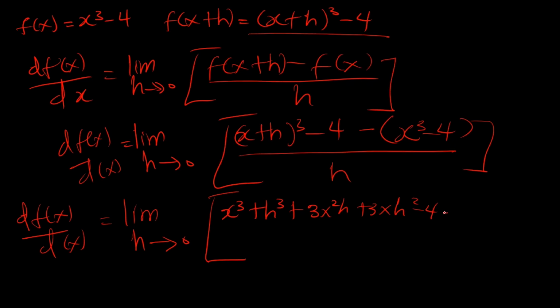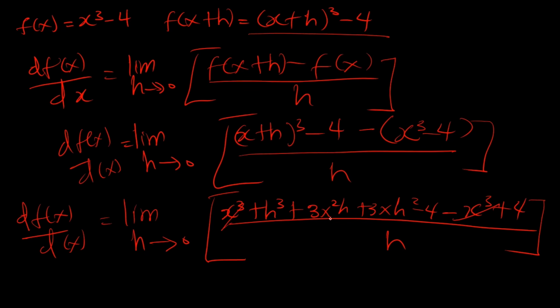And we expand this one, minus x cubed plus 4, all over h. We have x cubed here to take care of this. We have negative 4, positive 4. So at the end of the day, we are going to have